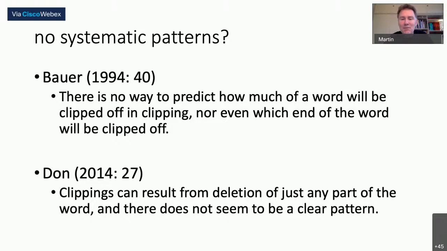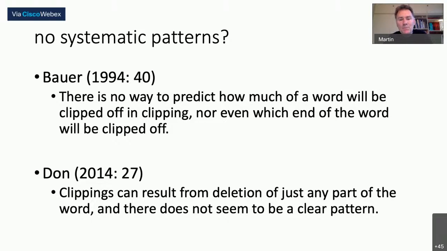Okay, so I'm not giving away too much at this point if I tell you that our results contradict these statements. So yes, there is a lot of variety in how clippings are formed, and no model will predict with 100% certainty how a given source word will be clipped. But there are clear tendencies that can be shown to be real and statistically significant when we look systematically at